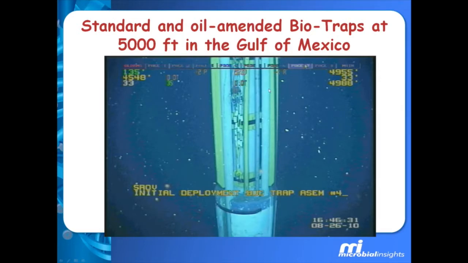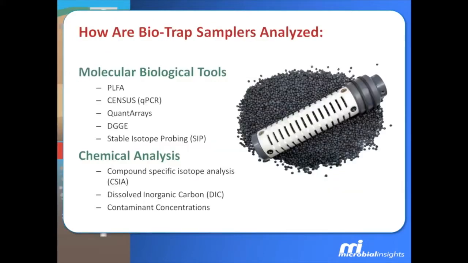These were being deployed at a depth of about 5,000 feet on one of the risers there, and were used to help study the microbial populations and the response to the release of hydrocarbon into the Gulf. No matter what kind of biotrap you've got, once it's retrieved, you've got a lot of options as far as the analysis of the biofilms: phospholipid fatty acid analysis, qPCR, the new quant arrays, which you may or may not